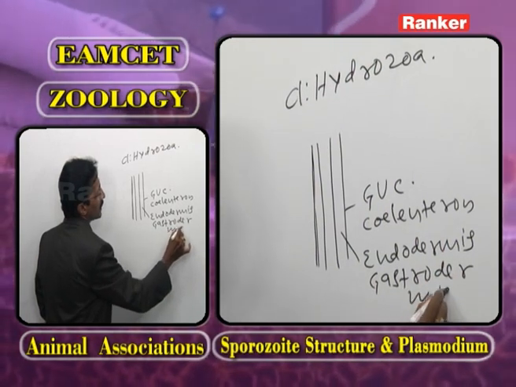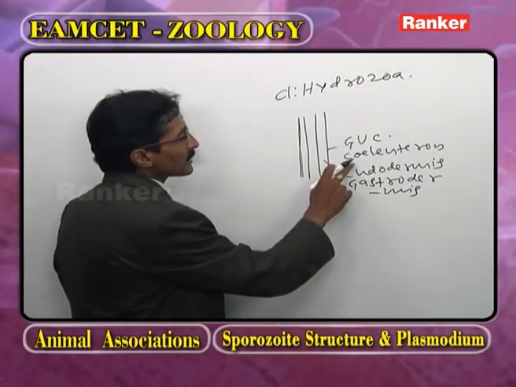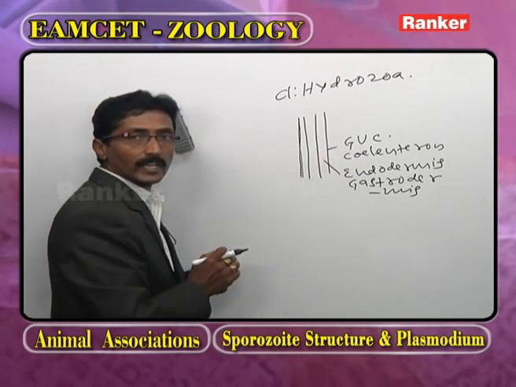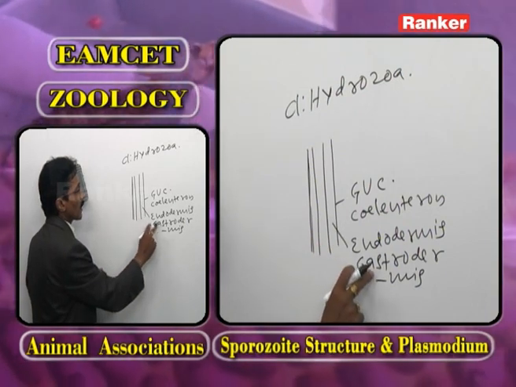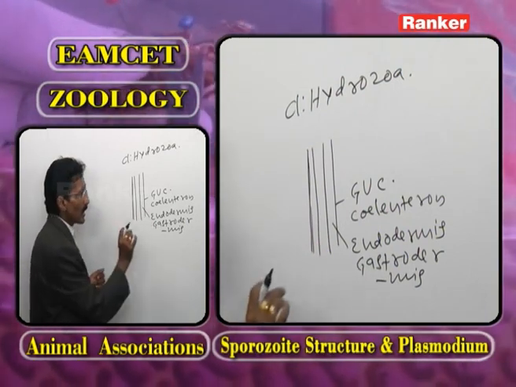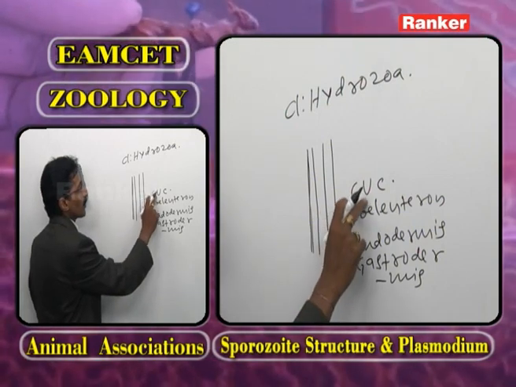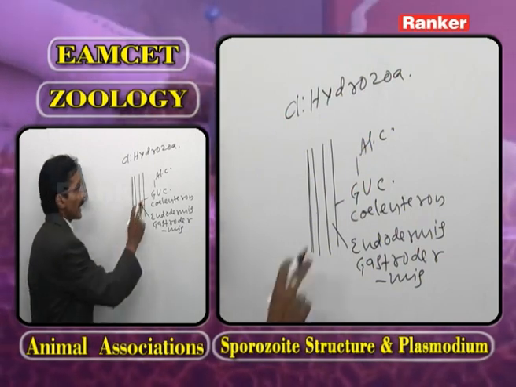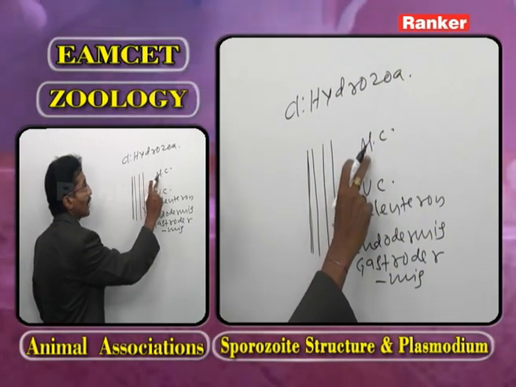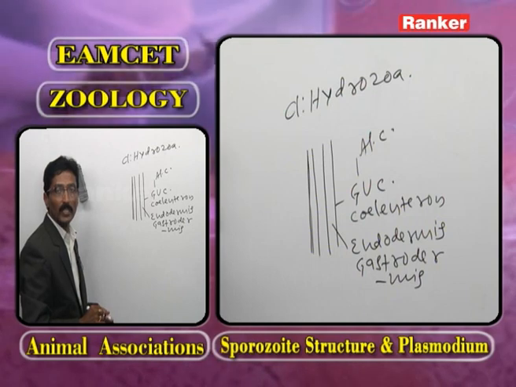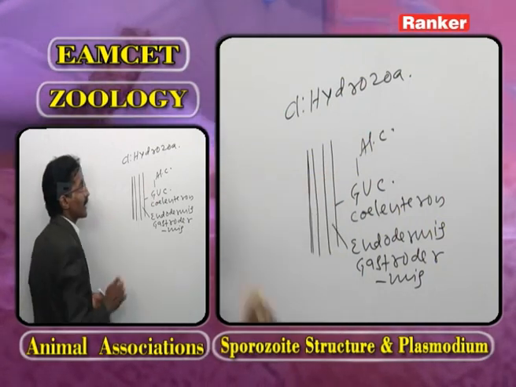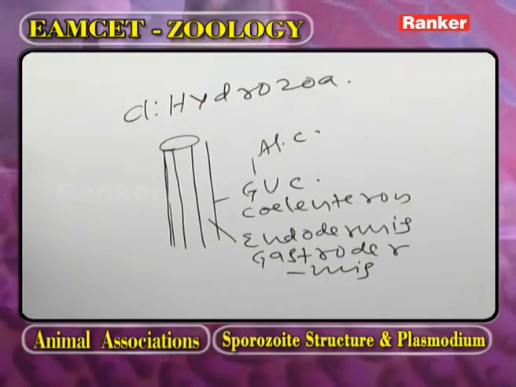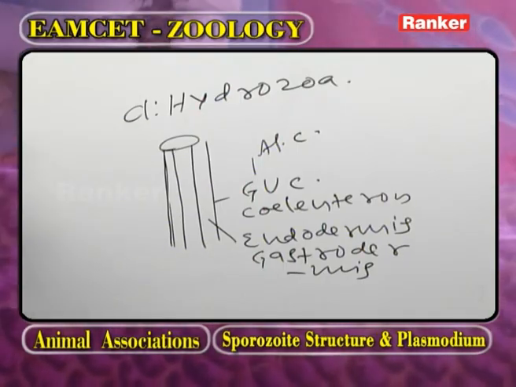Why is it called gastrodermis? Because the gastrovascular cavity or coelenteron is lined by endodermis, so here the endodermis is called gastrodermis. Now the gastrovascular cavity is also called the alimentary canal. In the kingdom Animalia, the alimentary canal first developed in the phylum Cnidaria. But here, the alimentary canal has only a mouth, no anus. The mouth itself acts as the anus.